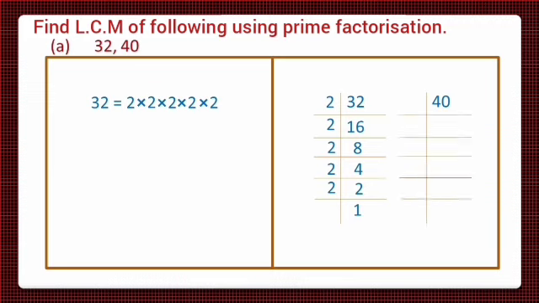So first we'll divide 40 by the smallest prime number, that's 2. And on dividing we get 20. And now on dividing 20 by 2 we get 10. And as 10 is also divisible by 2, on dividing 10 by 2 we get 5. And as 5 is not divisible by 2 and is a prime number, we'll divide it by 5. And on dividing we get the value 1. So dear students, the factors of 40 which we get are: 40 is equal to 2 into 2 into 2